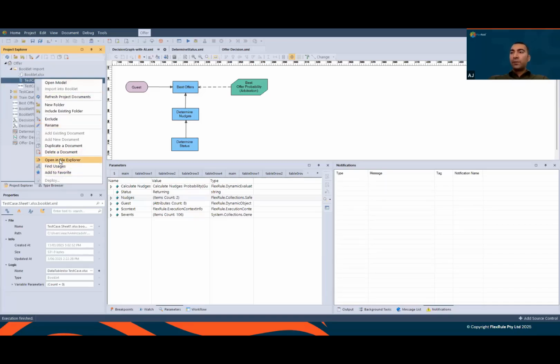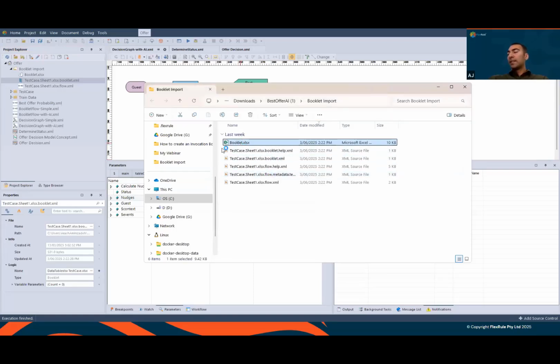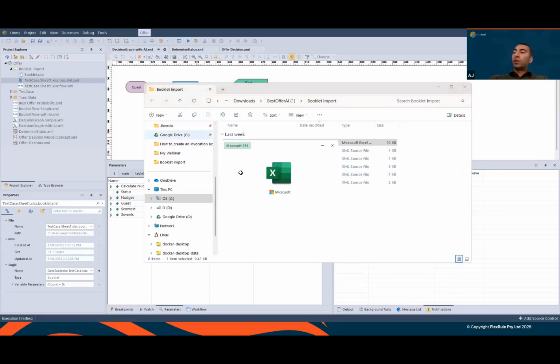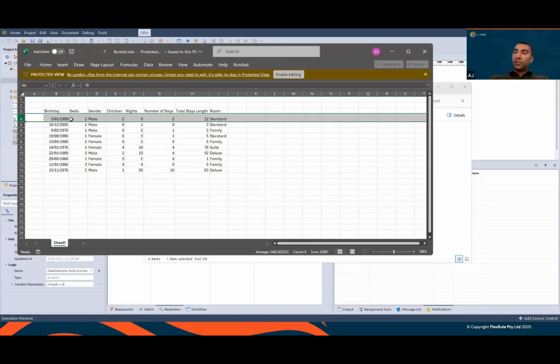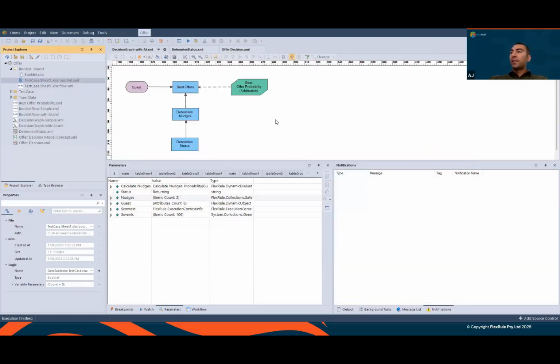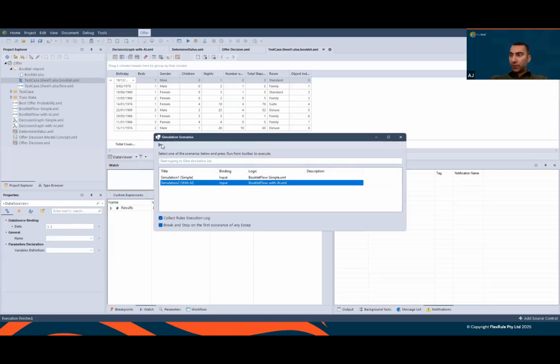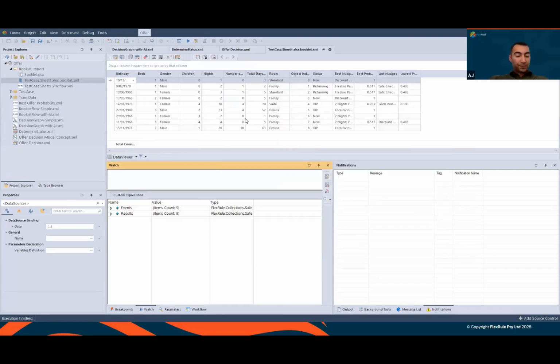Here, I have an Excel file where each row is input for one customer. For example, this row is one customer that has the same input that I need for these models: birthday, bed, gender, and so on. If I load this Excel file in FlexRule Designer, this is the exact same table that I have in Excel. And if I want to run it for the model that we have,